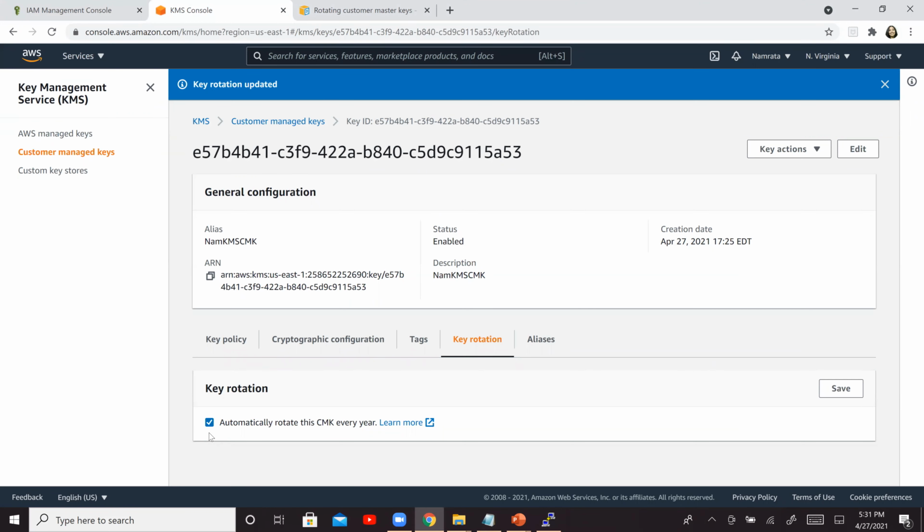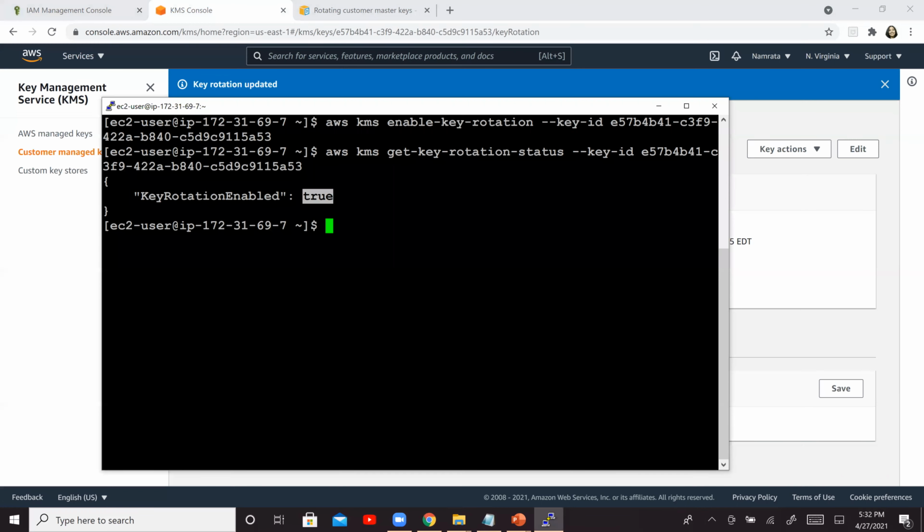So I hope, guys, this particular lab was helpful. This basically tells you how to enable automatic key rotation for your CMK, right? This is generally a good practice. So just enable this, use this feature. You can leverage the AWS console, or if you prefer the CLI, leverage the CLI. It's very straightforward, but a very powerful feature that you should definitely leverage in your day-to-day projects or day-to-day life.